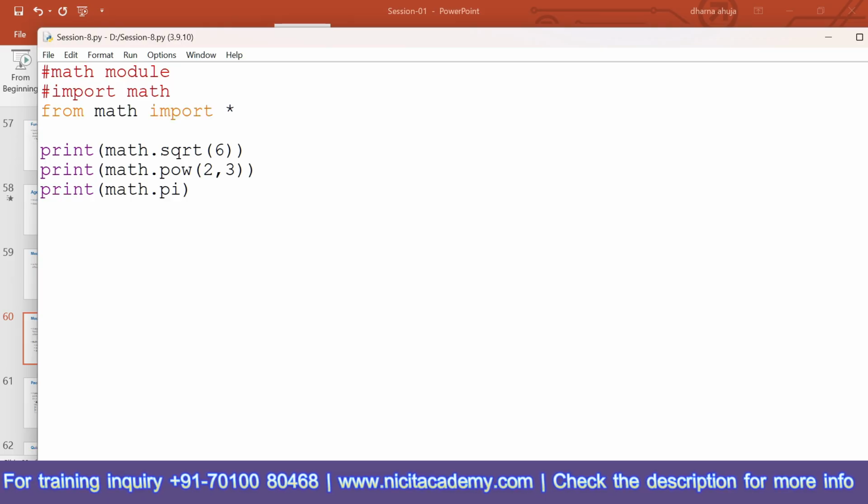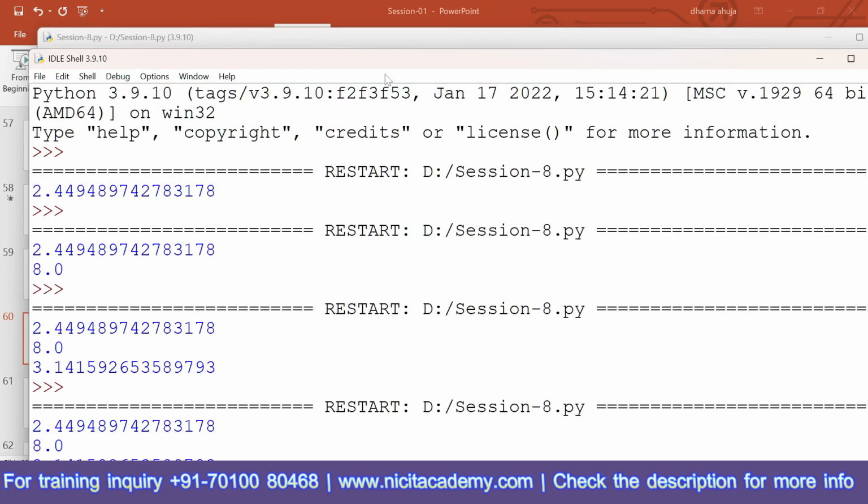When you write this line, what does this mean? It means from this module I want to import everything. Asterisk means I want to import everything. So in that case, there is no need to mention module name. This is fine. Now it will give me the output, same output we are getting.